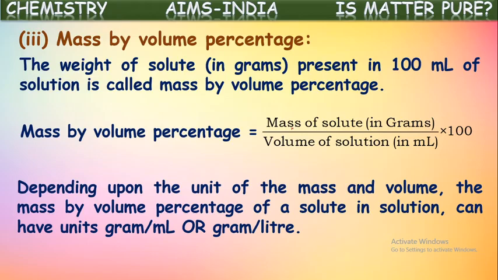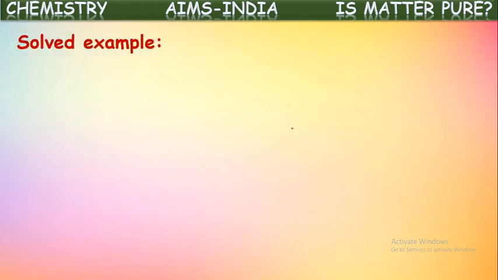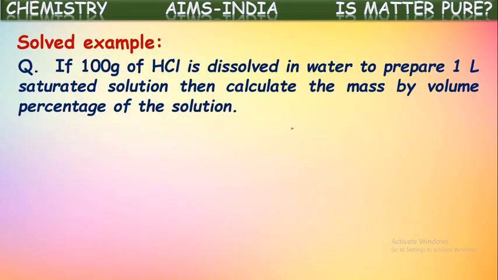Now let us see one solved example based upon this expression, mass by volume percentage. See the question given: if 100 grams of hydrochloric acid is dissolved in water to produce 1 liter of saturated solution, then calculate the mass by volume percentage of the solution. What they have done here: 100 grams of hydrochloric acid is dissolved in water to produce